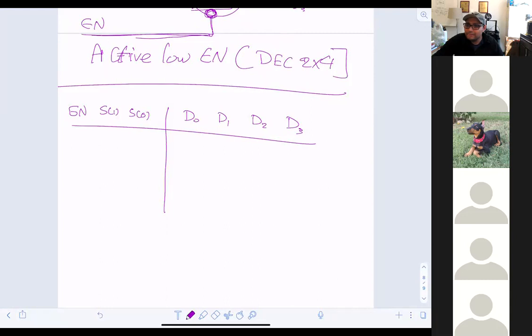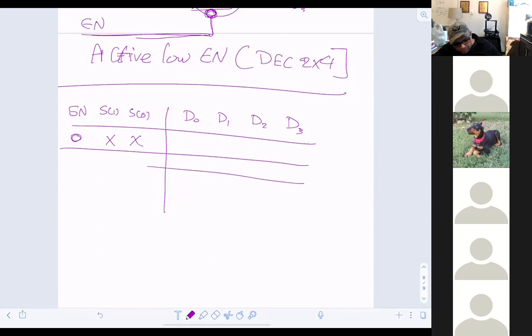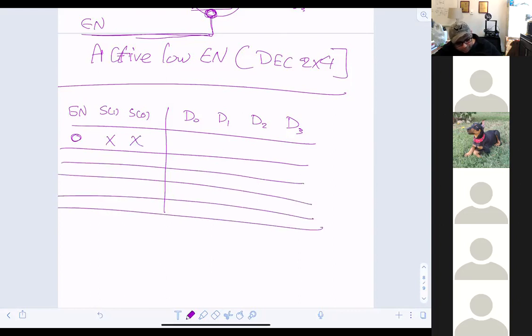Eight. 8. I still want to say 4. I'm going to say 5, which is 8. All of you are correct. You know why? Look, in this state, when enable is 0, I don't care about what those guys are. Then I still have 4 after that, right? So it's going to be 1, 2, 3, 4, and they're going to be 0, 0, right? In these particular 4 states, D0, D1,